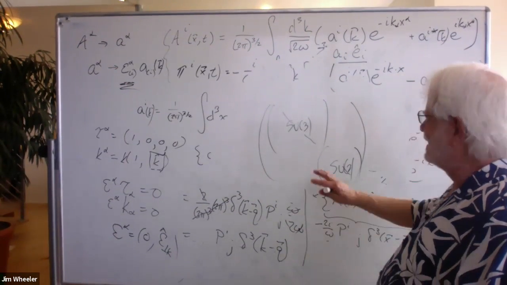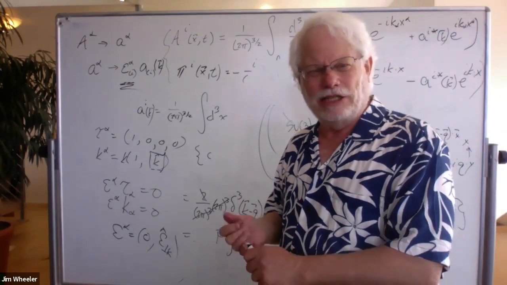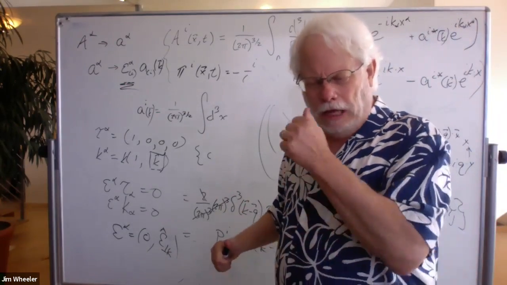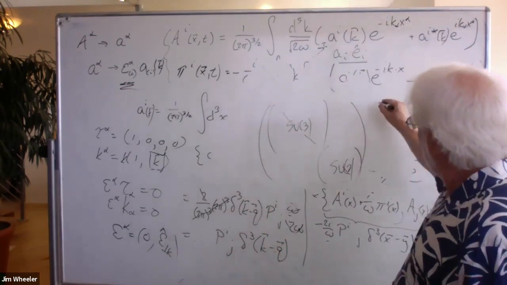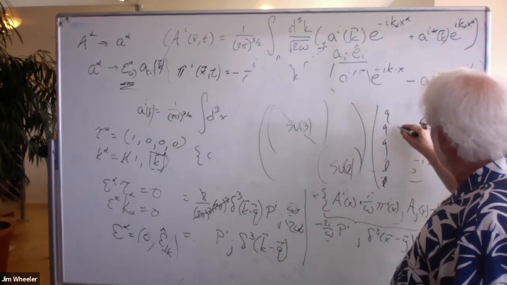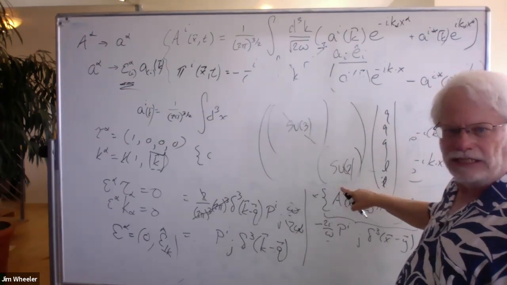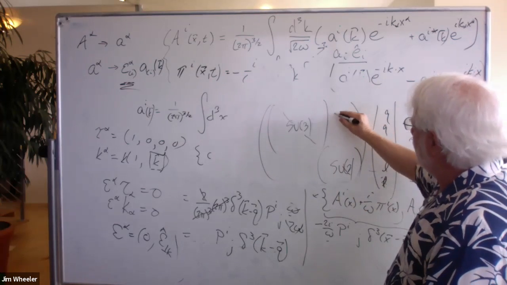So the tightest kind of unification, a grand unification of the standard model, would be something like an SU5 theory, where this acts on the three quarks and this acts on the lepton doublets. So the SU2 acts on these and so on. But you've got